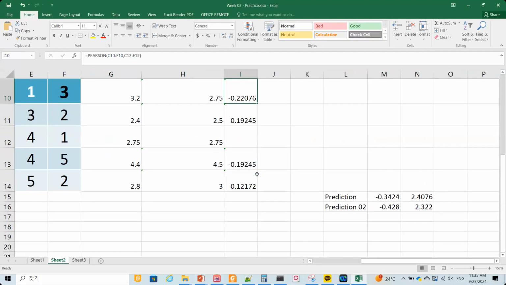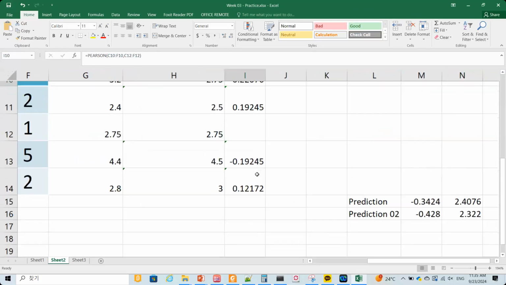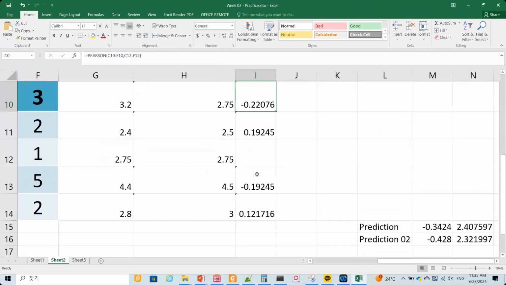Which is the nearest neighbor? Using the person correlation, what? So